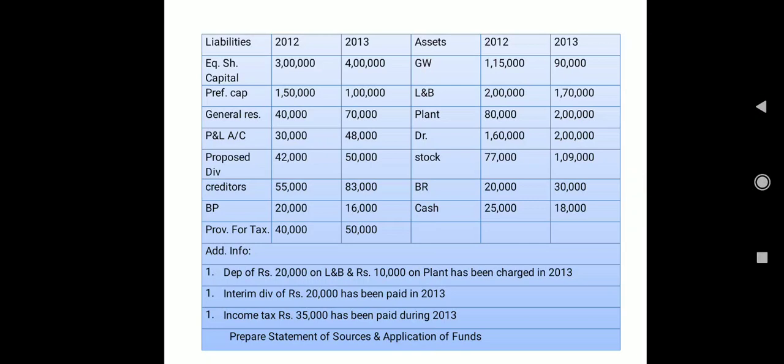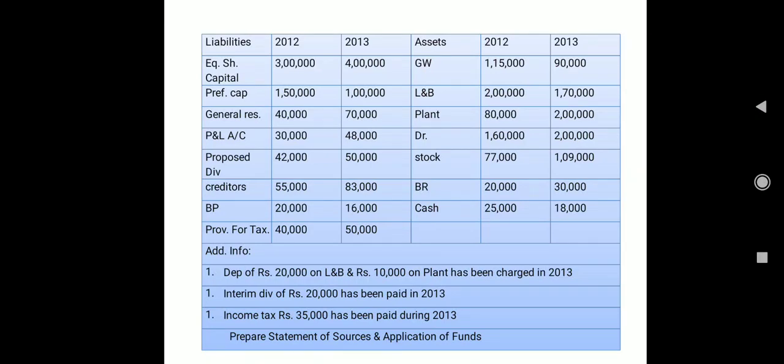30,000 extra you have transferred towards the general reserve. So this will be your non-cash expense. As I told you, it's not going anywhere. Profit was also belonging to your company only, and from profit you have kept something in a general reserve, that is also in your company only. It has not gone anywhere outside. It is still with you only, in your pocket. Okay, so this will be your non-cash expense.